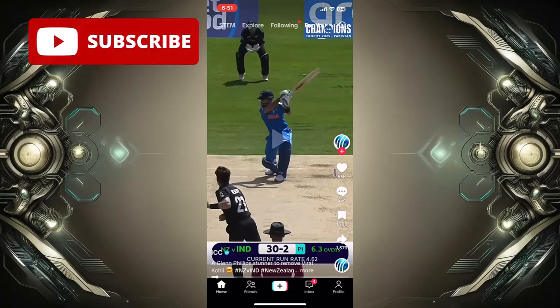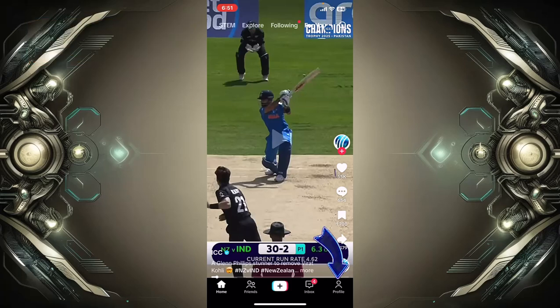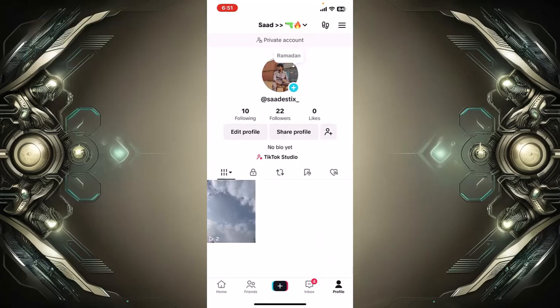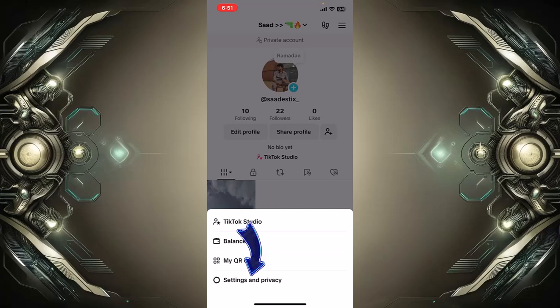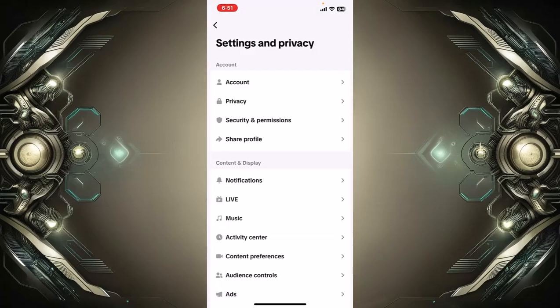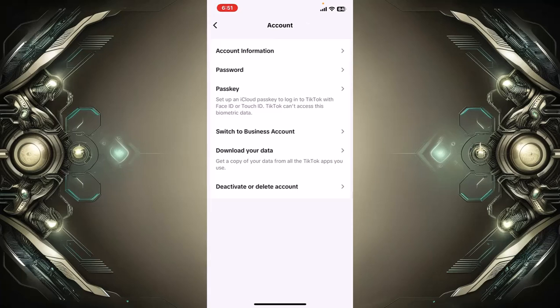After opening the app, you can just simply go to the profile option at the bottom right corner of the screen. Tap on it, and here you will see the three lines at the top right corner of the screen. Tap on the three horizontal lines, and now you can tap on settings and privacy at the very last, and here you can just simply tap on account, and after a few seconds of loading you can now tap on